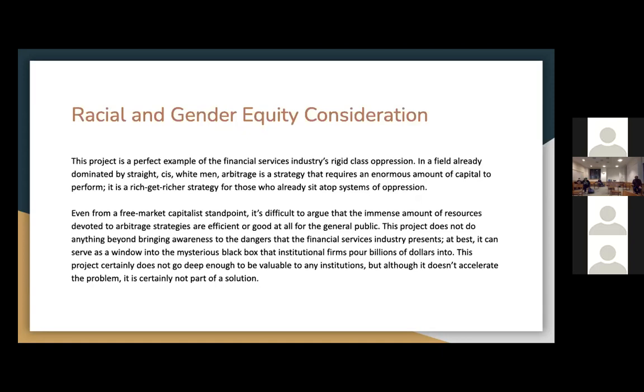Racial and gender equity consideration. Arbitrage is kind of the epitome of a very oppressive strategy in the financial services industry. I mean, the industry is already dominated by straight cis white men, and arbitrage requires an enormous amount of resources just to start. So it's a richer strategy for those who are already atop systems of oppression. And